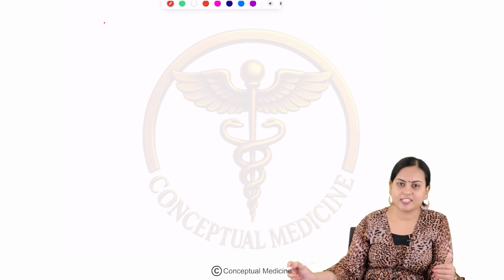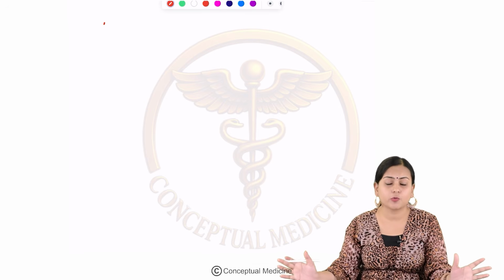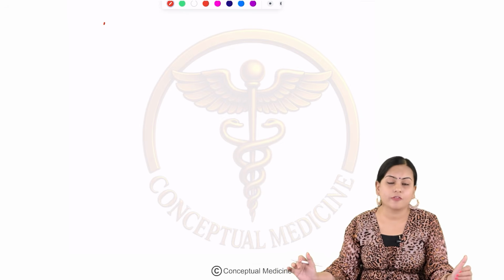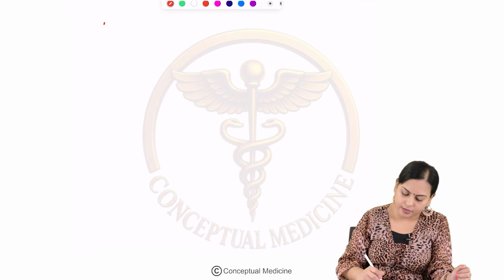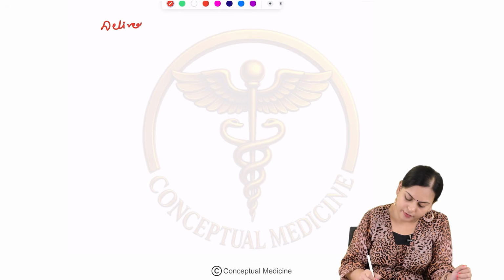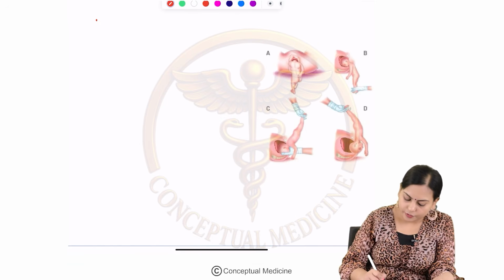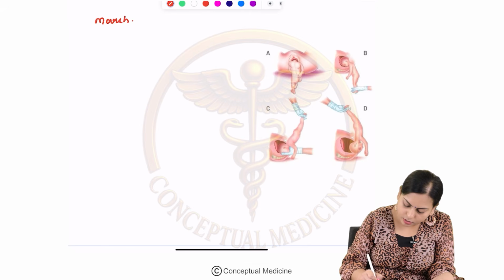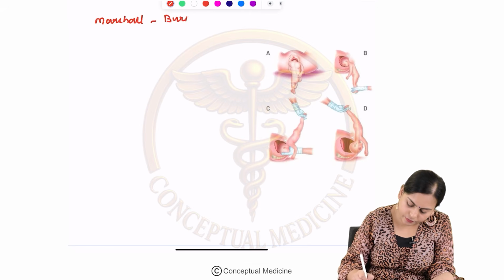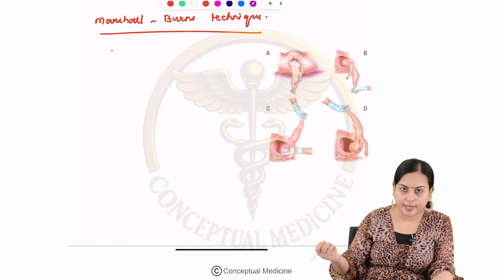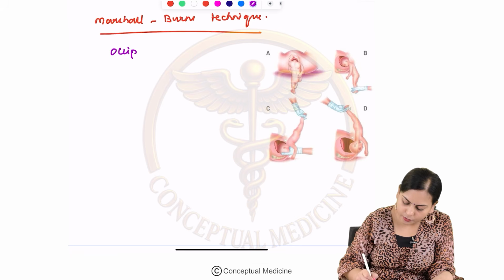Now, as I said, we are going to see the different maneuvers for delivering the fetal head. So, delivery of the after-coming head. The first technique we are going to do is the Mauriceau-Smellie-Veit... the Marshall-Burns technique. This is done as soon as the occiput is seen